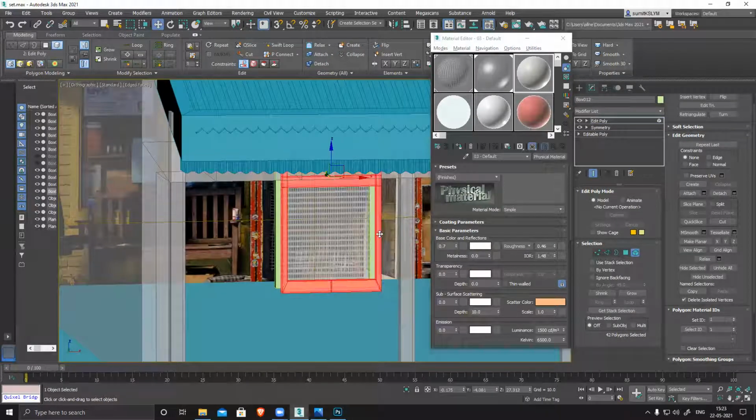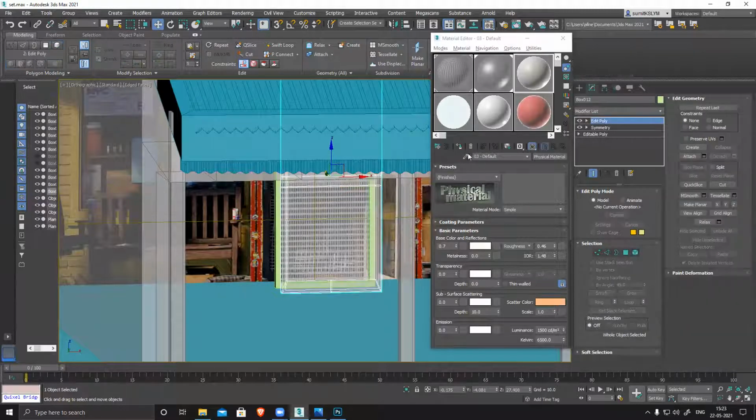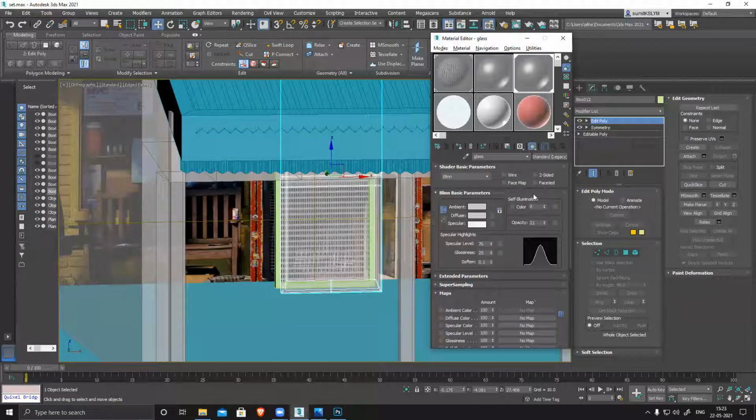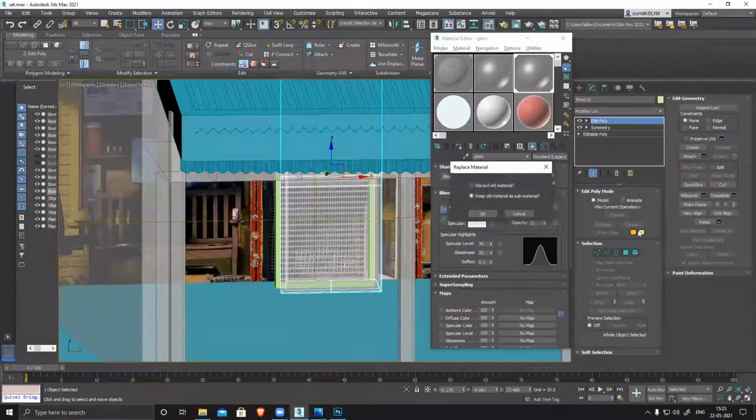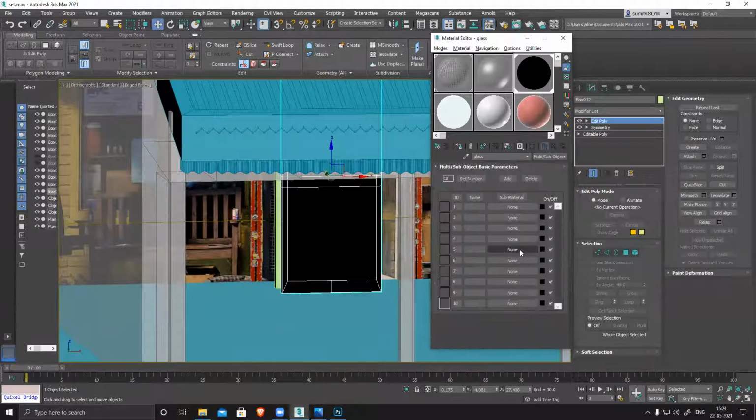I change material ID, I change texture and everything. Pick the material. It's showing only one material, but why? I use two different materials. Okay, I'll use a multi material. So it gives me multiple materials.